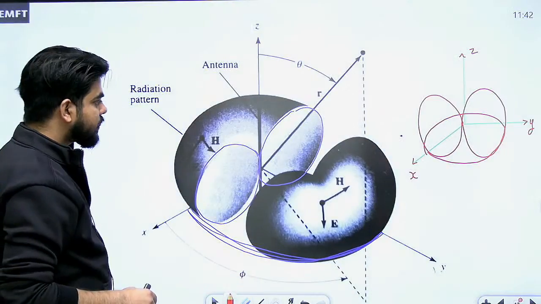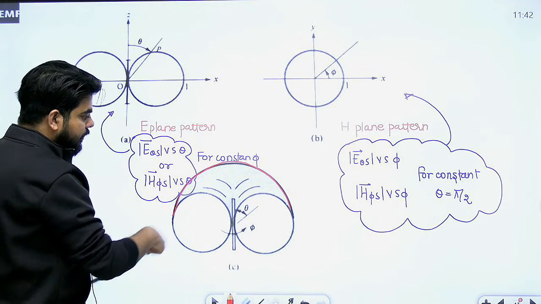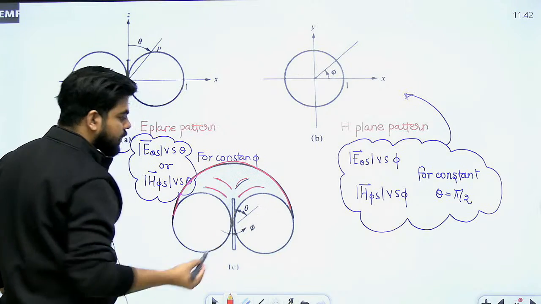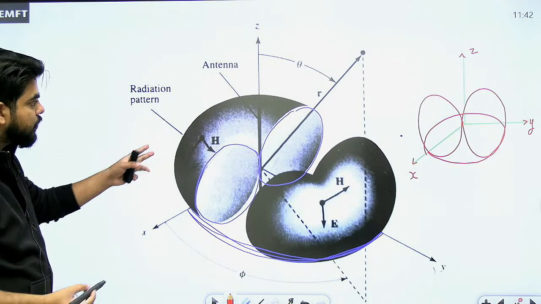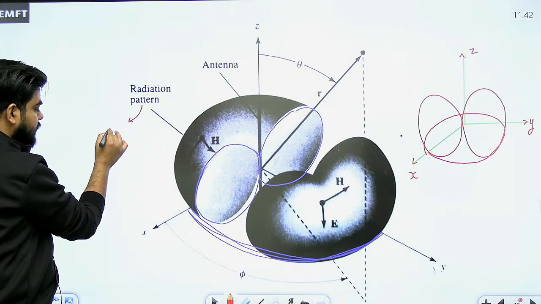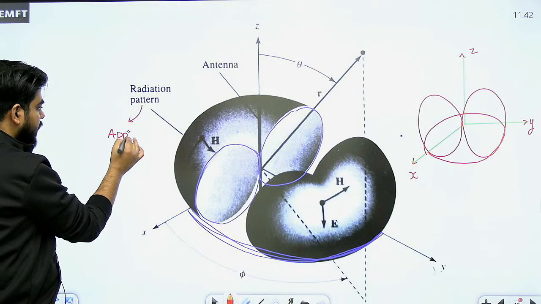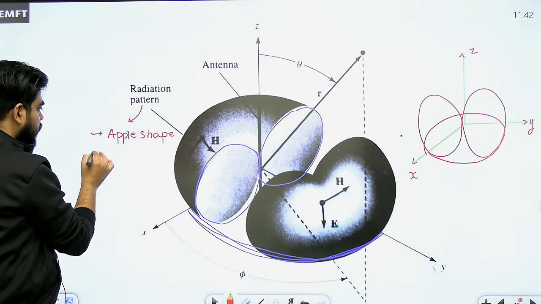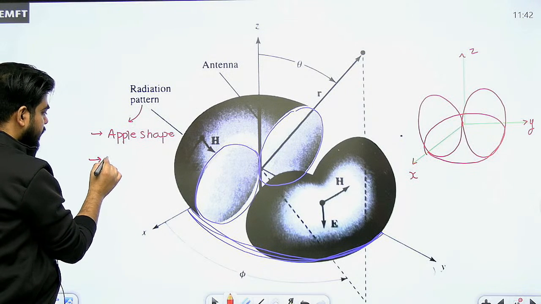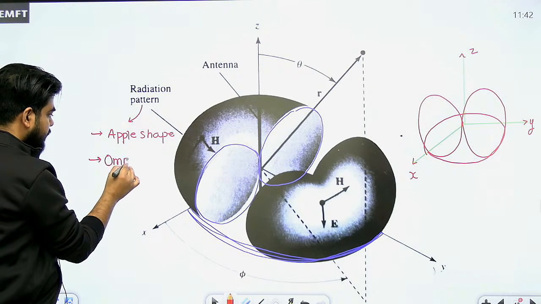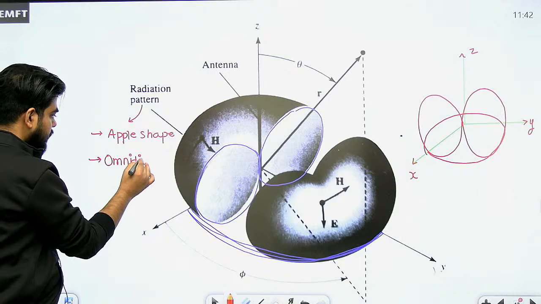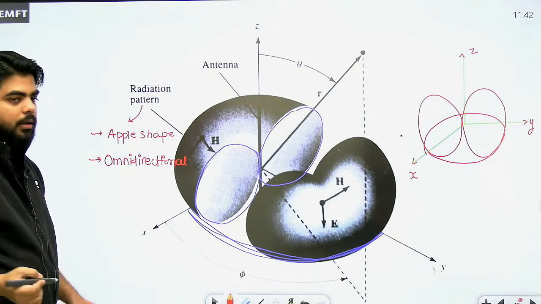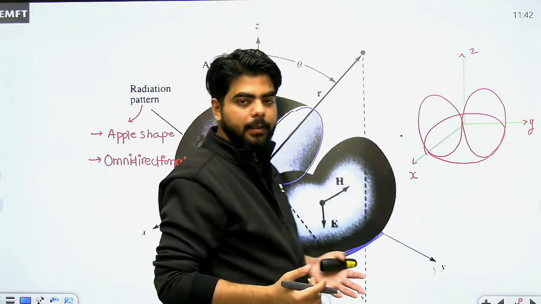So that is what it has been shown there कि अगर आप ये डिफरेंट डिफरेंट सर्कल्स लेते जाओगे तो इसके अंदर भी छोटे छोटे सर्कल्स आपको दिखते चले जाएंगे। एंड फाइनली द रेडिएशन पैटर्न लुक्स लाइक अ एप्पल शेप। दिस इज योर एप्पल शेप रेडिएशन पैटर्न, और समटाइम्स इट इज ऑल्सो कॉल्ड एज योर ओमनी डायरेक्शनल रेडिएशन पैटर्न, है ना। तो ये पूरा का पूरा लॉजिक आपको समझ में आया, ठीक है।